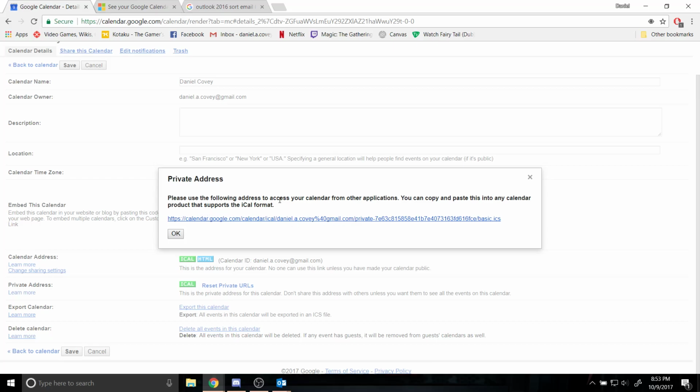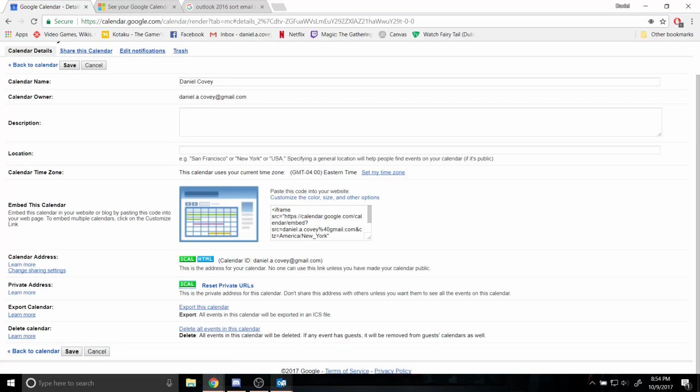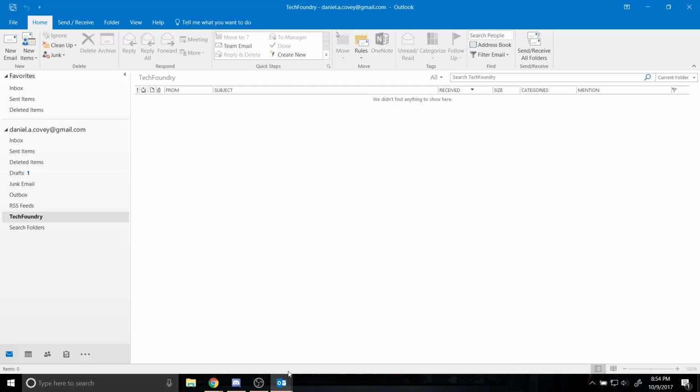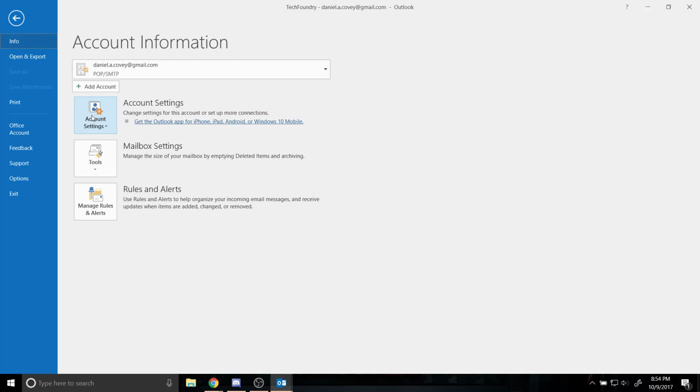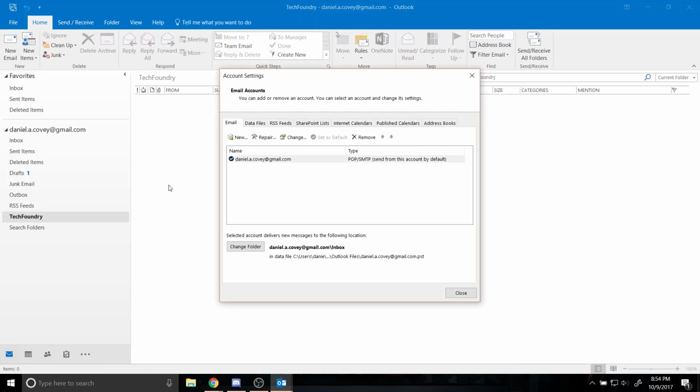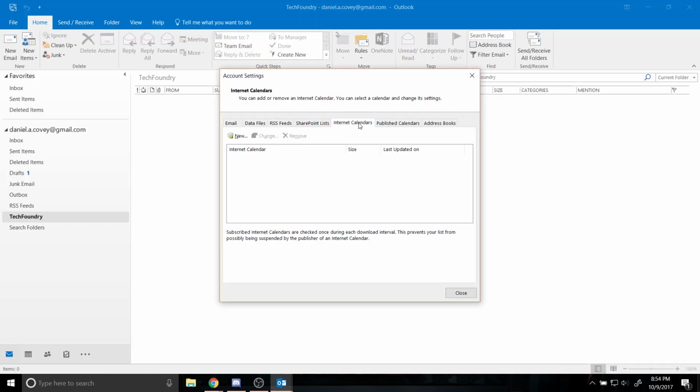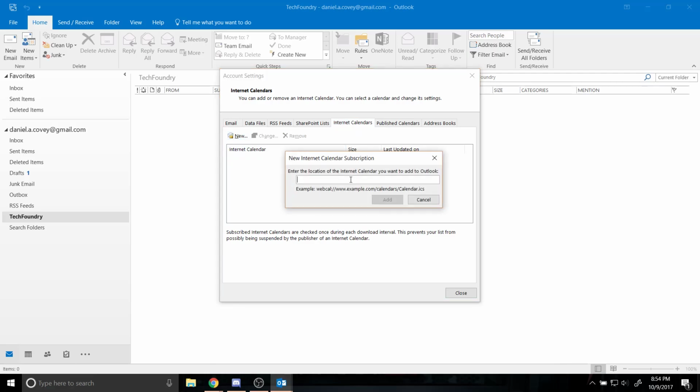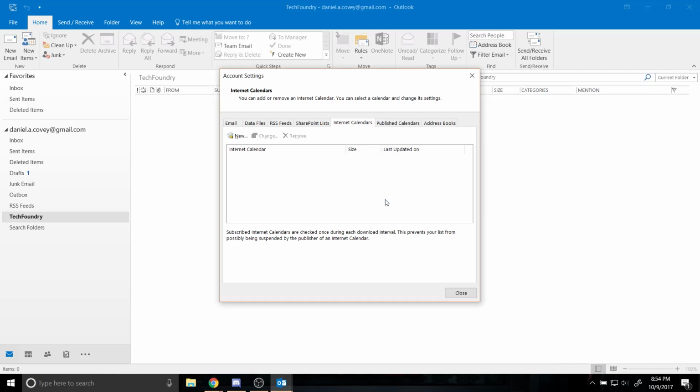It says, please use the following address to access your calendar from other applications, which is exactly what I want to do. So I will copy that. I will hit OK. Now I want to come back over here into Outlook. And if I go back over to File, Account Settings, right here, Internet Calendars, exactly what I want to do. So I'll hit New, enter the location, which is the address I just copied. Put that in there, hit Add,